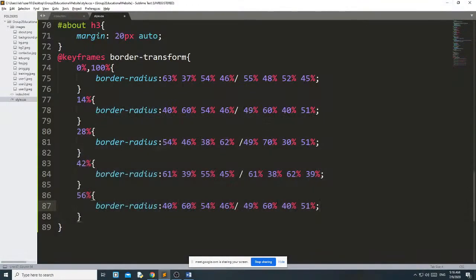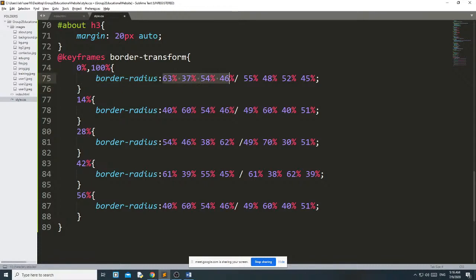Okay, what I have done, I have created the animation using the keyframes, and this is the animation name. What I want is that from 0%, the way the animation starts, the same effect I need when it reaches 100%. That's why from 0% until 100% I have given the same border radius.